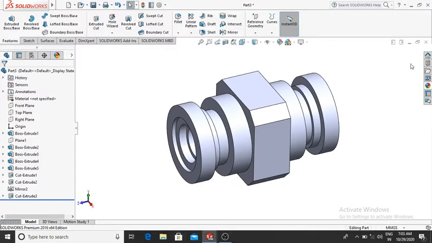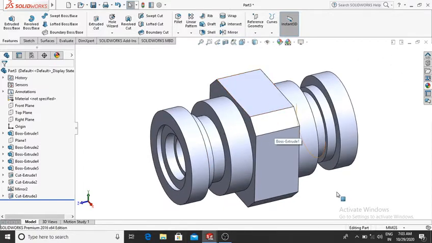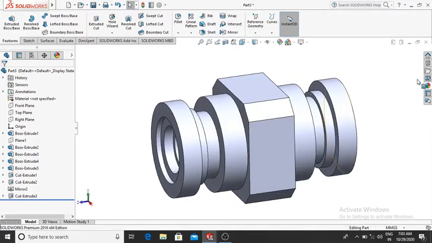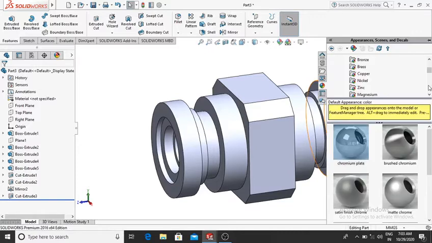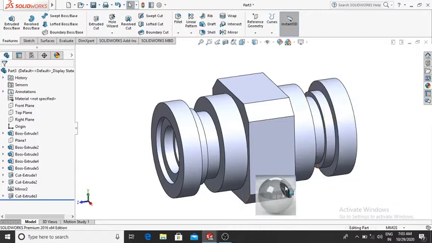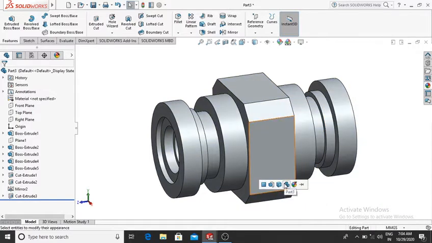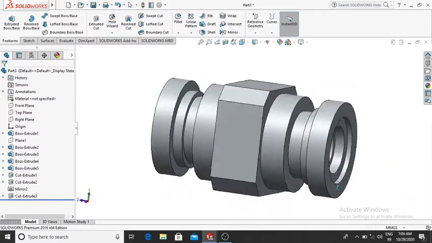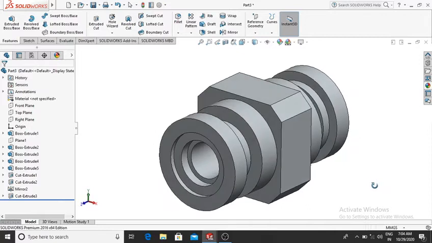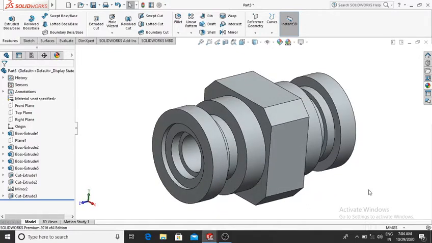Now here if you want to apply the material for this pipe flange, go to the appearance and here we select the metal. So better to choose copper, and here we select the chromium plate and apply this, select this part. Now we have applied the material on this pipe flange